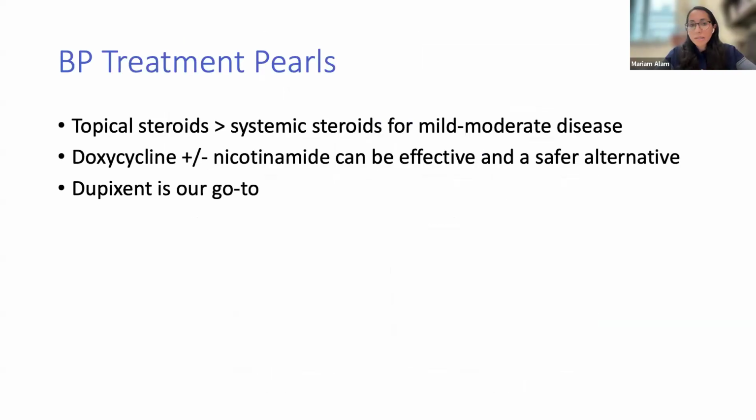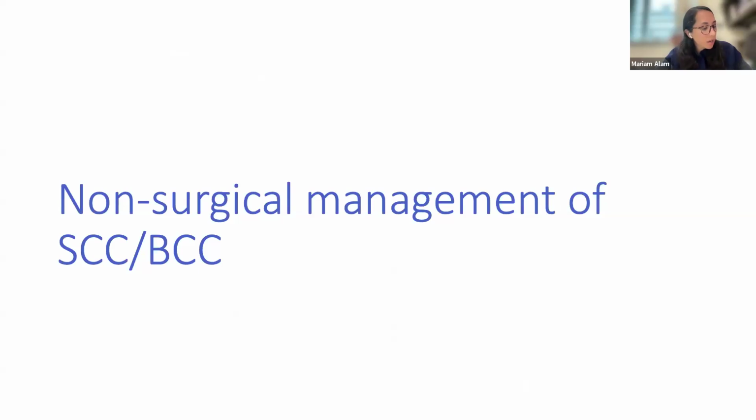That's just our kind of summary of what I just said. So I'm going to move on to non-surgical management of squamous cells and basal cells, and I'm going to be conscious of time, so I may skim over some of the studies here. But